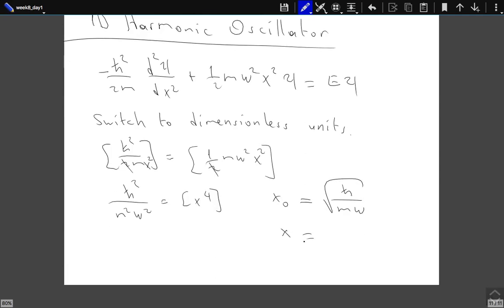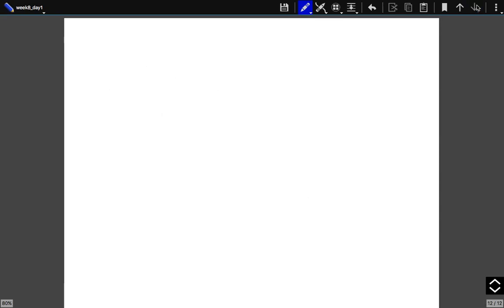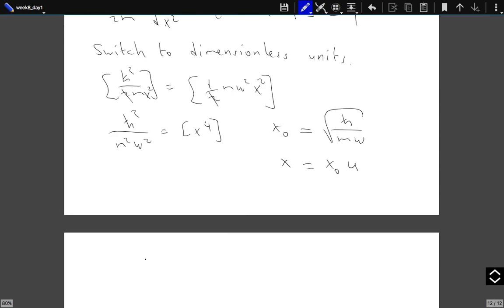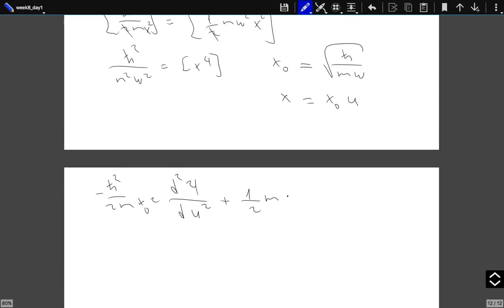And x to be x0 times, let's say, u. So u will not have any units. So my differential equation now becomes, over 2m, well, derivative with respect to x is derivative with respect to u multiplied by 1 over x0. d squared psi by du squared plus 1 over 2m omega squared x0 squared u squared psi should be equal to E psi,